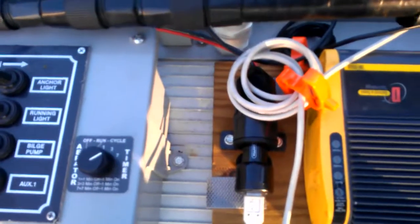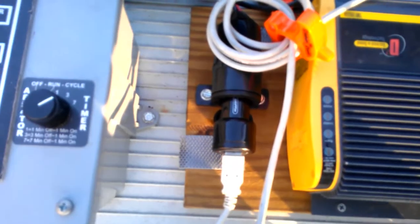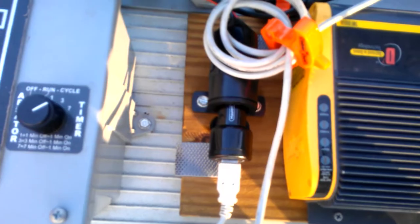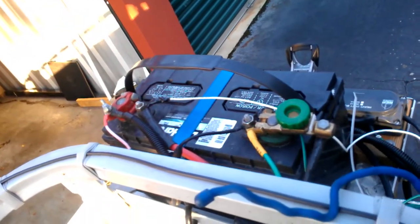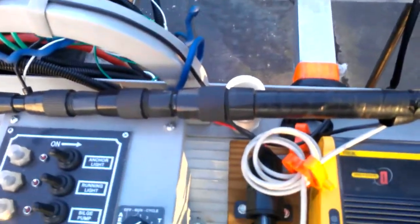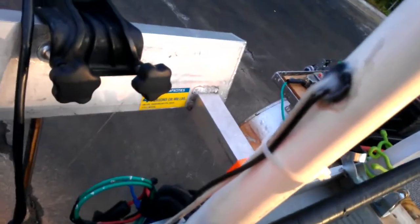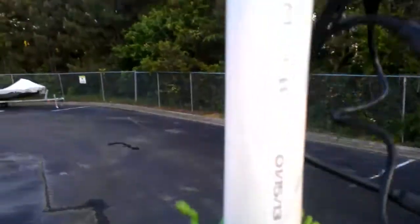And like I said, I went with the Atwood, that little 12-volt accessory, because now I just plug my camera in. I don't worry about whether that's charged or whether it's fully charged, or it's just running straight to my battery, one of my trolling batteries, which supplies it more than enough power. And it just keeps the camera continuously running. And so, again, I just drill the hole, put a grommet in there, not really neat, silicone, just to keep it waterproof and everything. The cable runs up, and